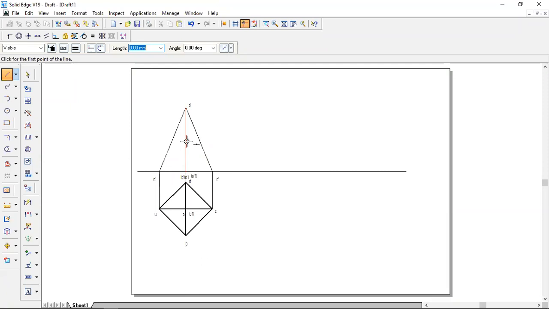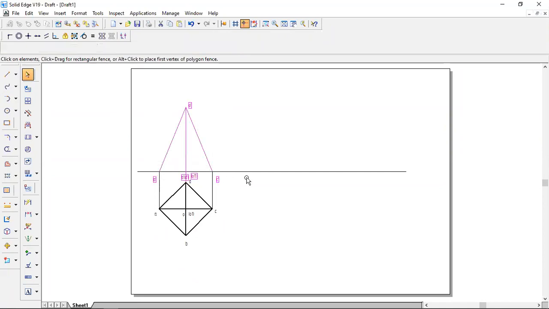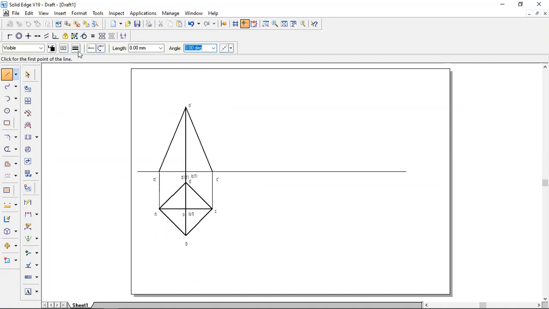When the thick line and dotted line, or the axis line and thick line, or all three coincide, then only the thick line is represented. No dotted line and no axis line is represented. So this has to be done. Then this is to be 0.5 mm thickness. These are not required. The remaining should be 0.5 mm thickness, and the bottom base should also be 0.5 mm thickness.